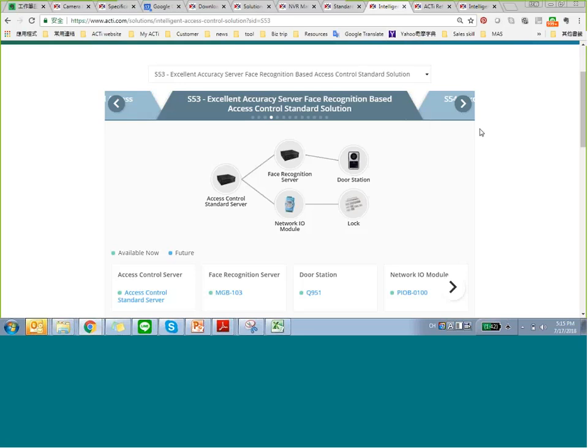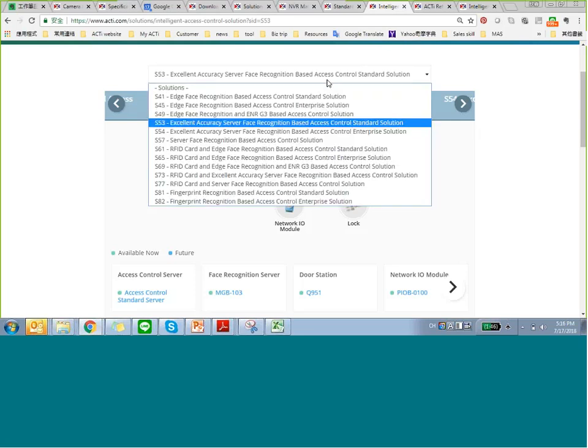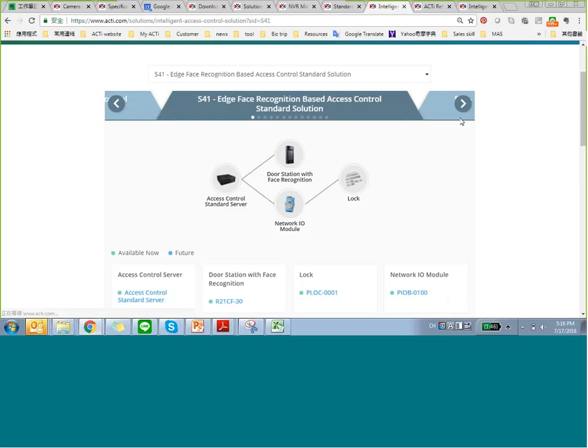But for facial recognition as an identity verification, it will be more limited, because facial recognition needs more computing power. So for example, why we have the built-in analytics and the server-based analytics, it's because of the face database. For the built-in one, since the computing power is more limited,